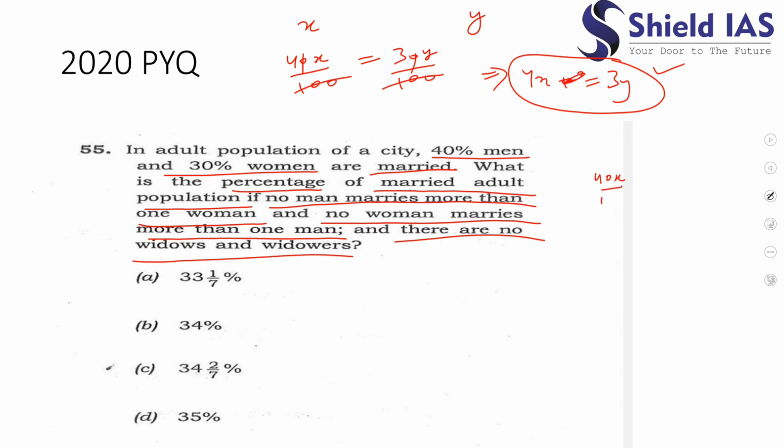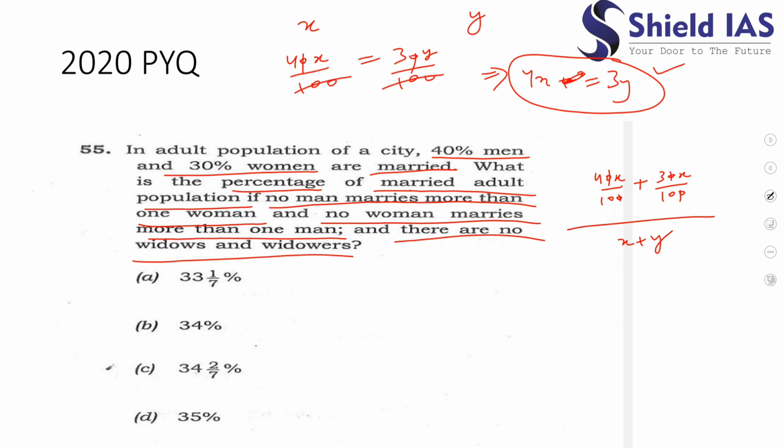So it would be 40x by 100 plus 30y by 100, divided by how much? The total would be x plus y. Yes, and I know the value of x. x is 3y by 4. So I can